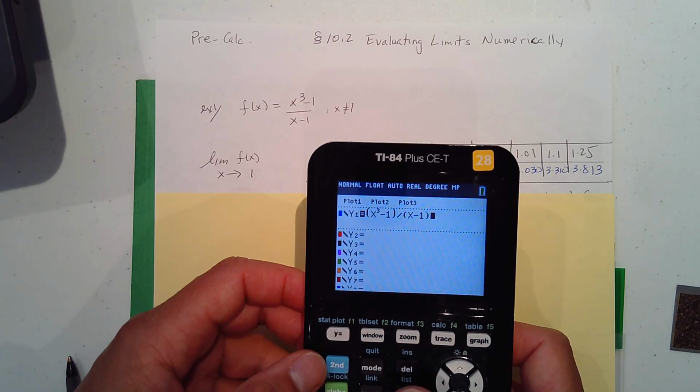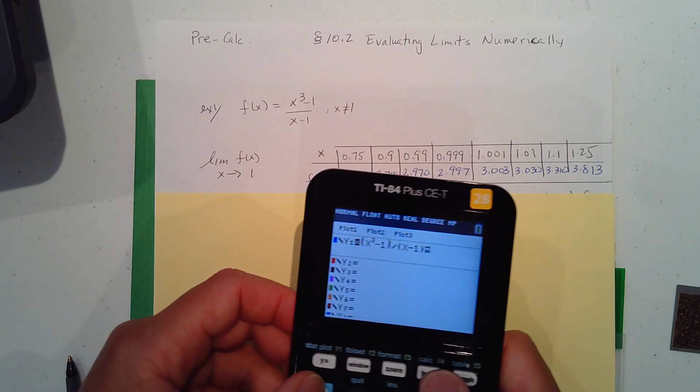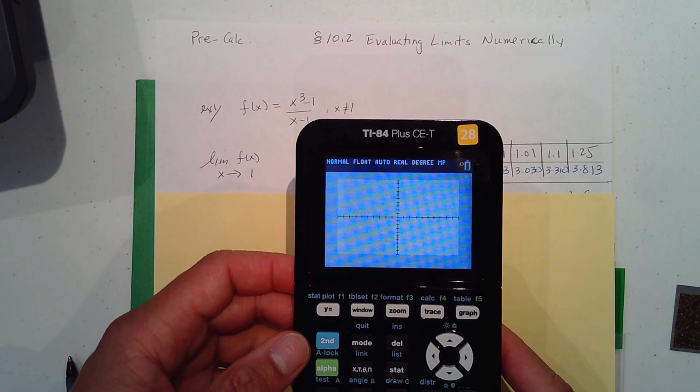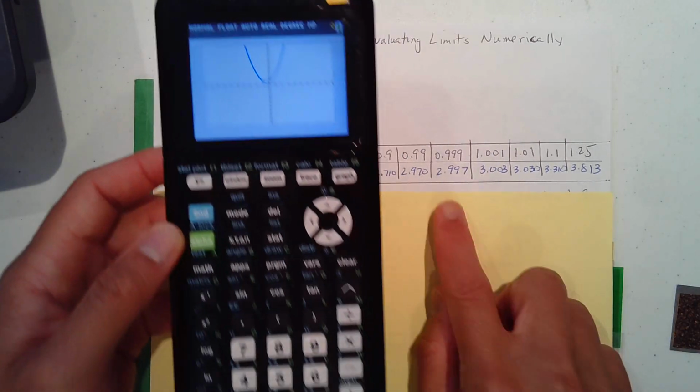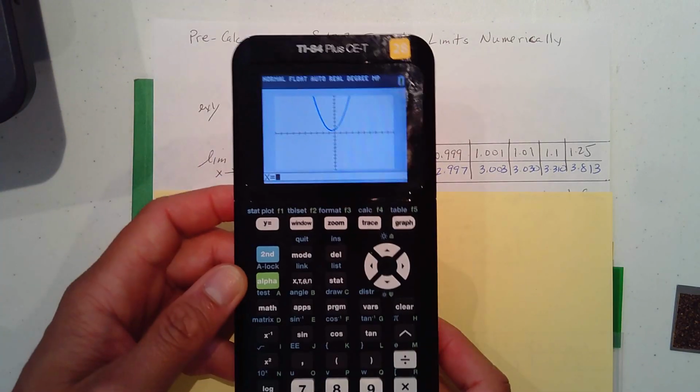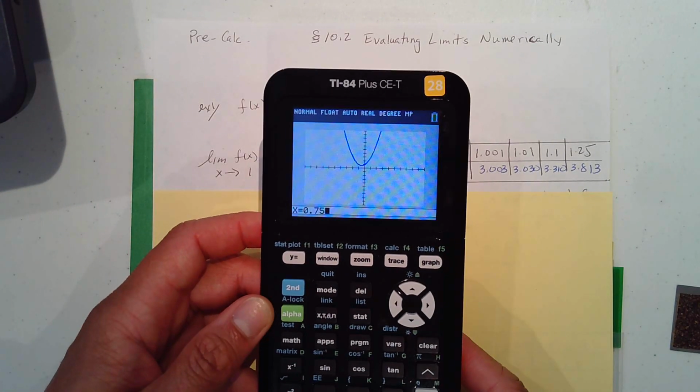So what you're going to do now is we are going to second calculate. We're going to calculate a value. So we will put in, let's see, 0.75. So 0.75, hit enter,